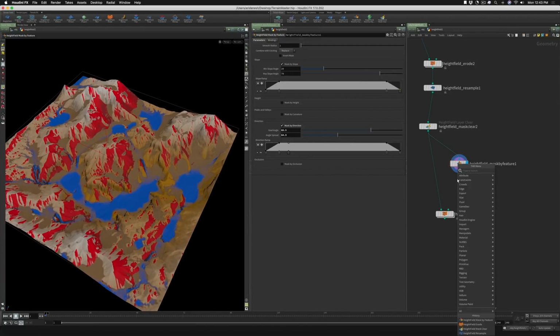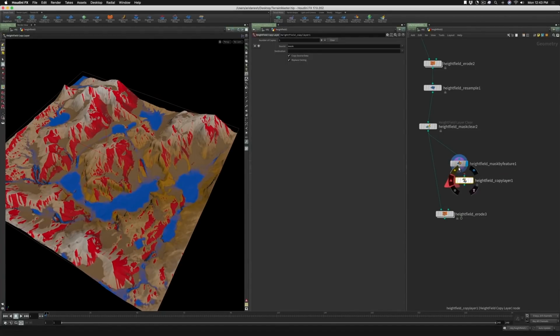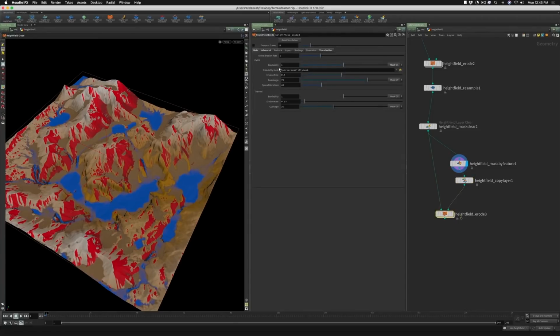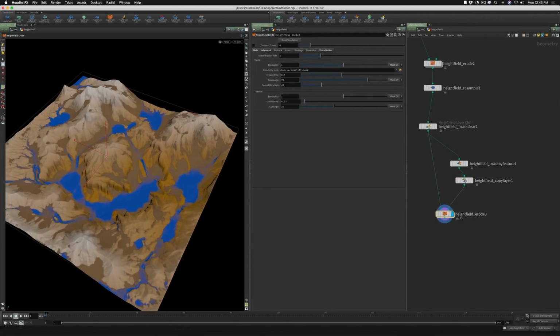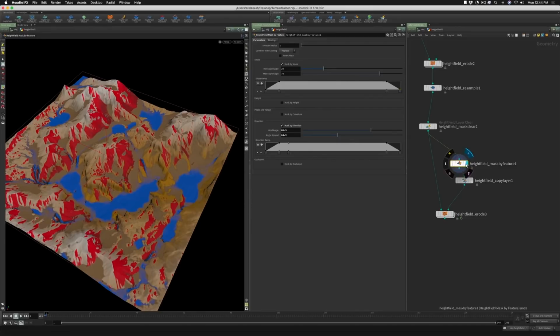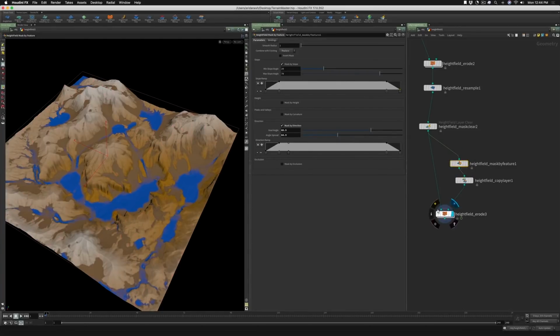Then I just do a height field copy layer. And wire this in. Copy the name of the mask because I'll never type it correctly. From mask to the destination. There we go. And what I want to do is make sure erodibility is 1. So it becomes a scalar multiplier of my mask that I created right here. So now, if I run this erosion,